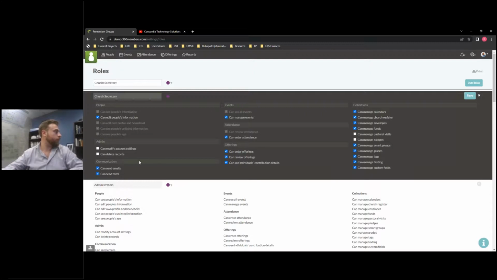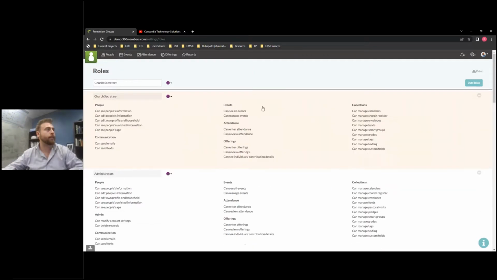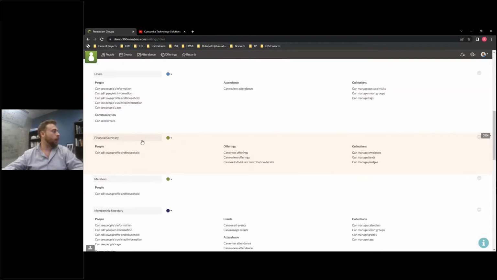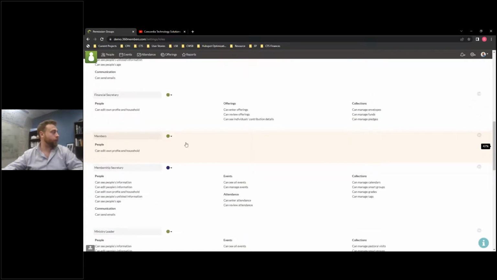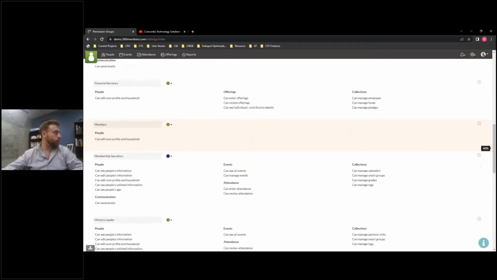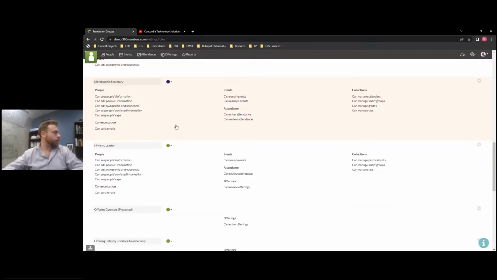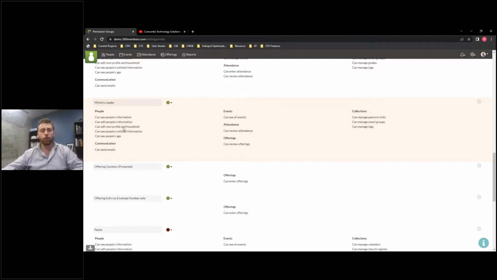And she can send emails and texts. And we're going to save that. And you can see that this populates all her abilities within the software. This is just one example. If you have elders, people who are just in charge of attendance entries, your financial secretary, general members, you can use it as a church directory, membership secretary, ministry leader. So you can see that there's a lot of ways to personalize the software